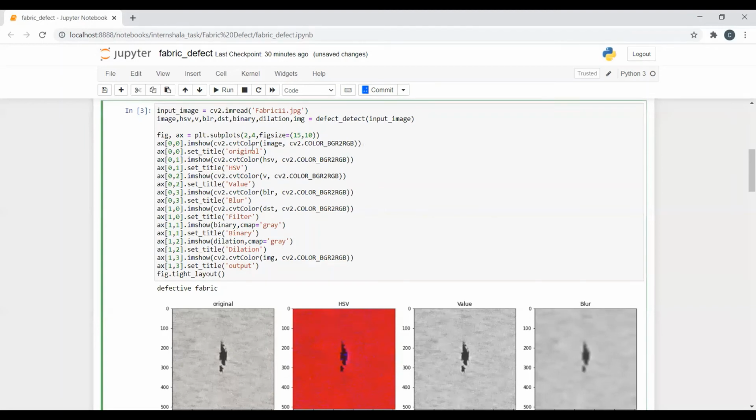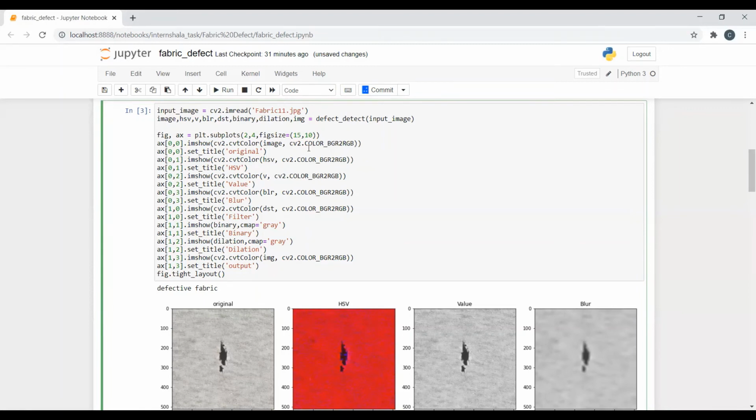Then I'm using axes for showing these images, and I'm converting these images from BGR to RGB format, because the OpenCV library, means cv2, reads images in the form of BGR, but Matplotlib is using RGB format.